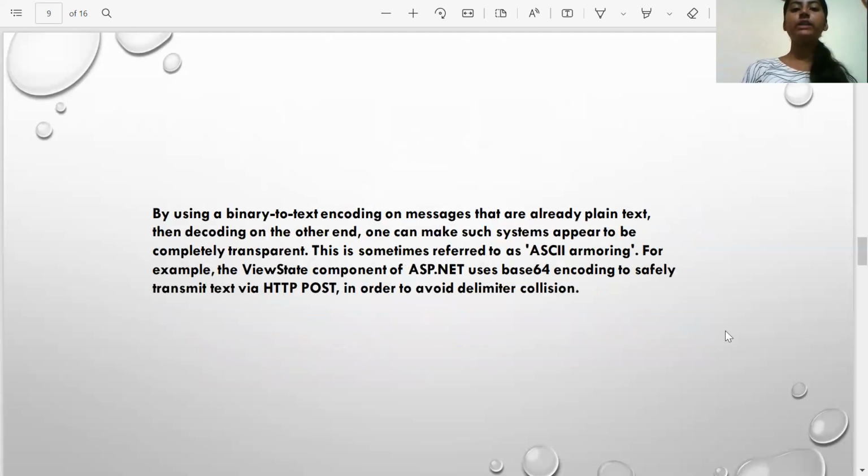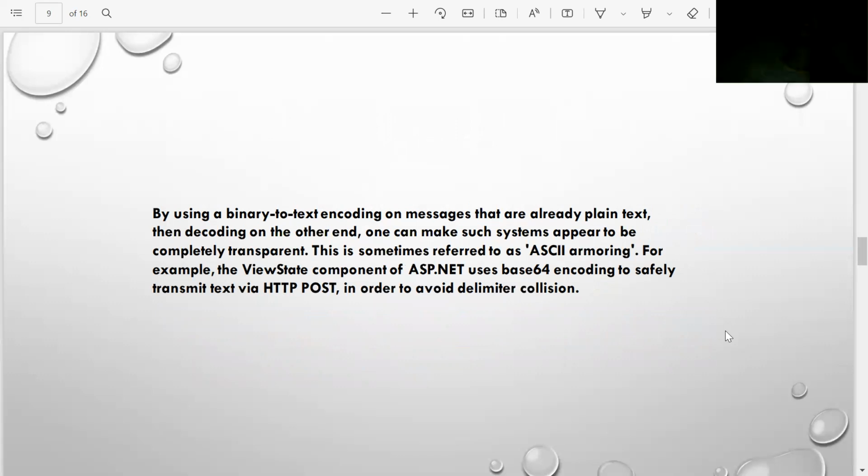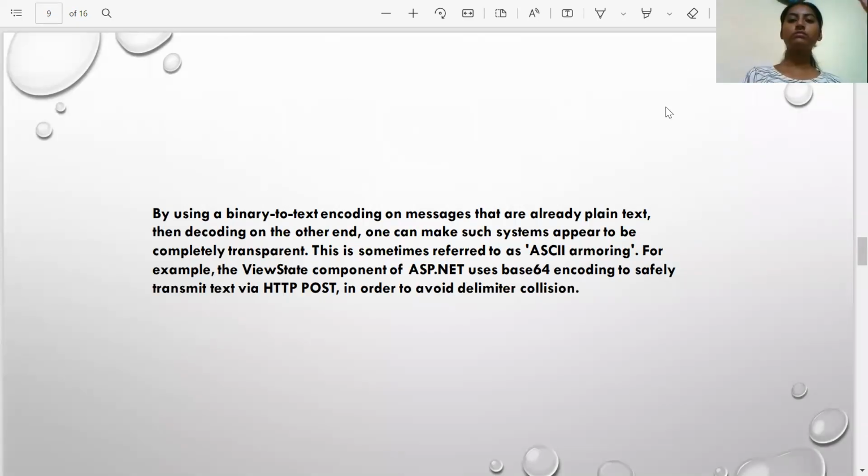By using a binary to binary encoding on the messages that are already plain text, then decoding, one can make such systems appear to complete the transfer. This is sometimes referred to as ASCII armor, for example, the state component of